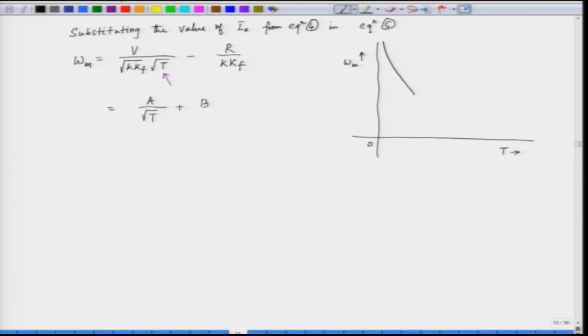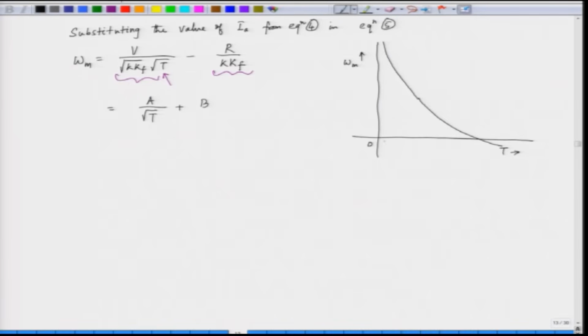So, it is infinity, and after some time, when these two quantities become exactly the same, as we are increasing the torque, omega m will be equal to 0. Torque was initially 0, and when we increase it until these two quantities are the same, omega m becomes 0. So, finally, this is the torque speed characteristic of a series motor. It is interesting to note that at T equal to 0, the speed is infinity, ideally.